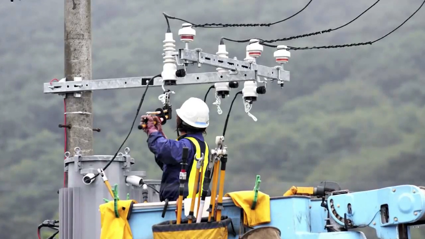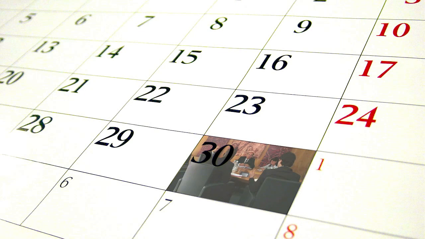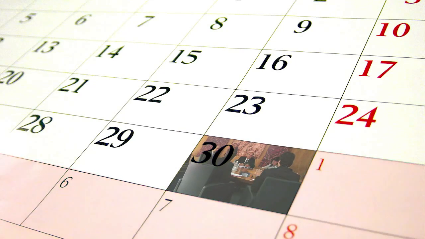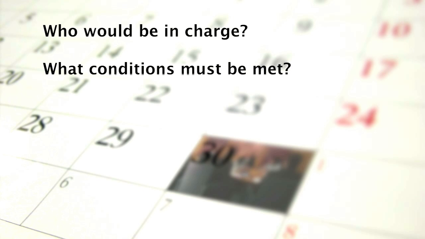Continuity planning guidance suggests that your organization should be prepared to work from the alternate site for a period of 30 days. If your primary facility is uninhabitable for longer than 30 days, your organization should have enough time to identify a longer-term facility. During these 30 days, your organization might face some difficult questions. For example, who would be in charge of your organization or one of the divisions if the event injured or otherwise made the leadership unavailable? Are there any particular conditions that must be met in order for a successor to be named? Does your organization have orders of succession for each key position?